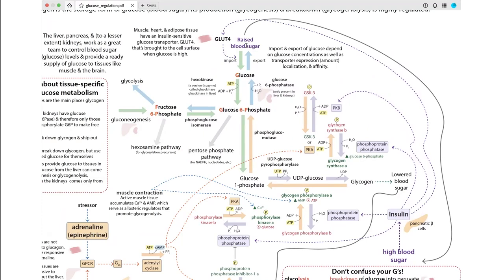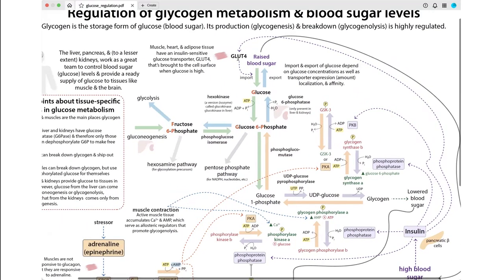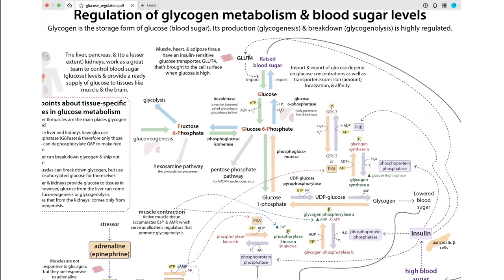All those are going to influence how much glucose is taken into the cell. You have different glucose transporters, or these GLUT transporters. Your muscle, heart, and adipose tissue have an insulin sensitive one. Basically, what's going to happen is in response to insulin signaling, these glucose transporters are going to get transported. Well, that was not supposed to be a pun, but they're going to get moved to the surface of the